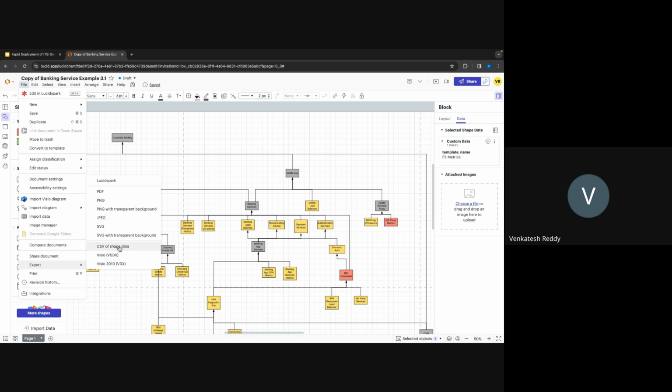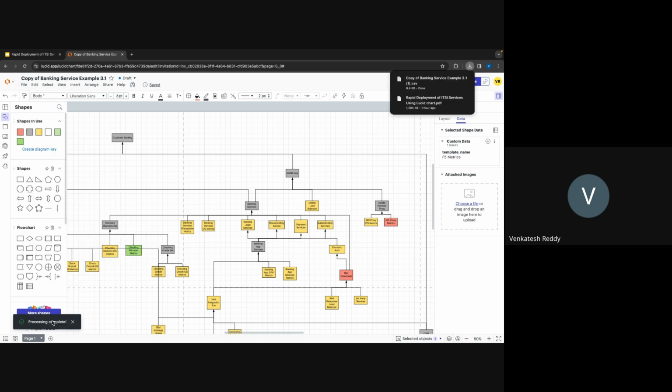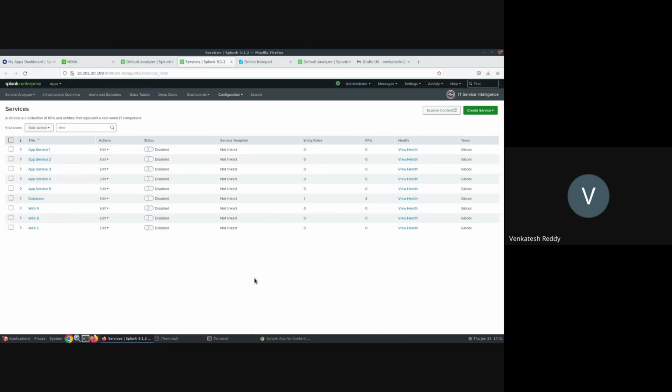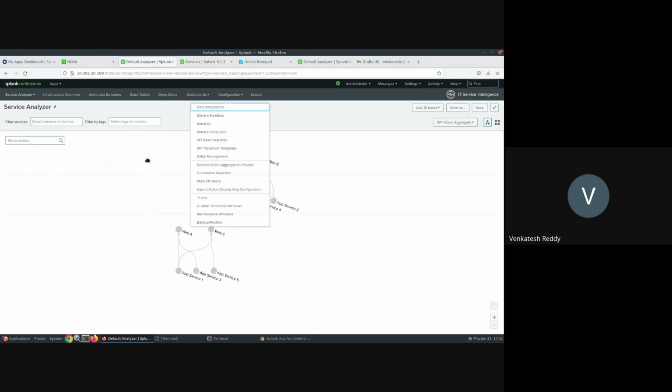Now we have exported this entire set of services as a CSV file. Now let's import the CSV file. Okay, now we have 9 services, right? Now what I'll do is go to this service and configure services.